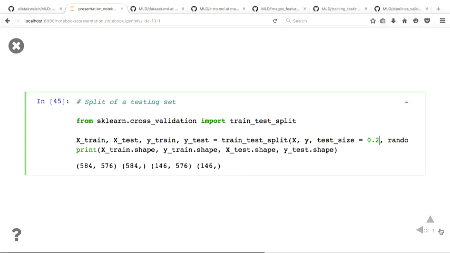Is there a rule about the split? There's no rule. It does depend on the type of problem you've got. We've got a problem where the groups are relatively even. You might have another problem where you're looking at intrusion detection or cancer detection where the positive is very, very rare. So this is very common, an 80-20 split, given a normal problem. I don't know if there's any normal problems, but